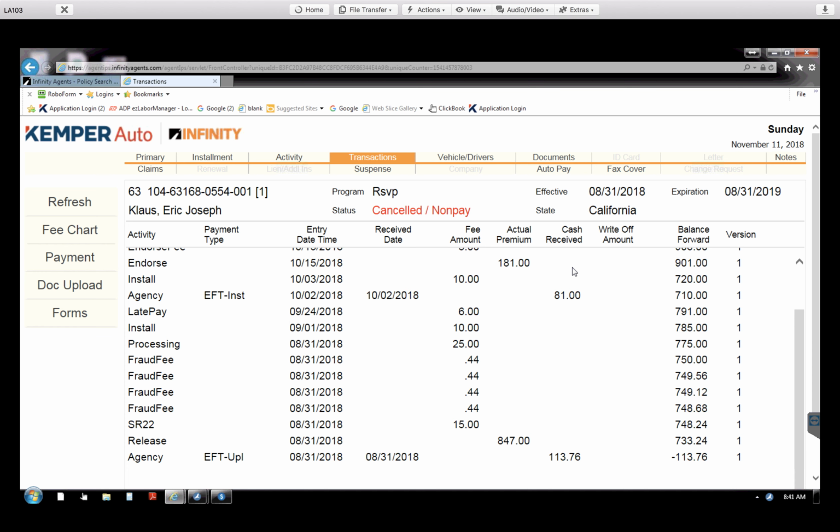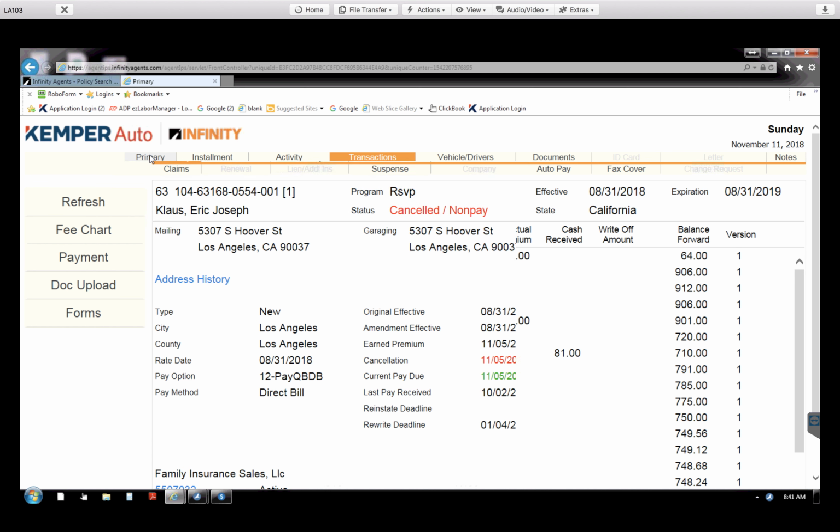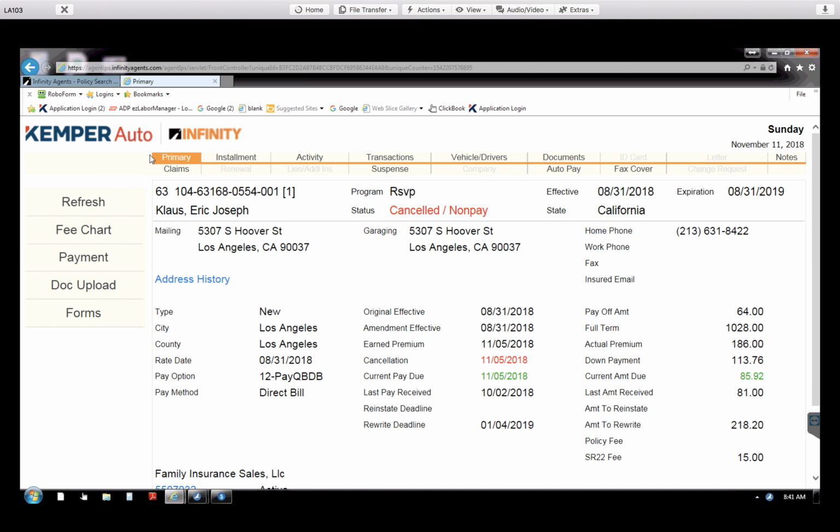So he never made a payment on October the 24th, and as of now, it's already November the 11th. So definitely more than 10, more than 14 days. So the policy is completely canceled. So if you were to speak with the client, your job would be to advise them that the payment is